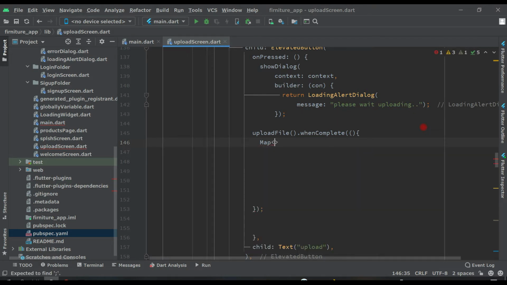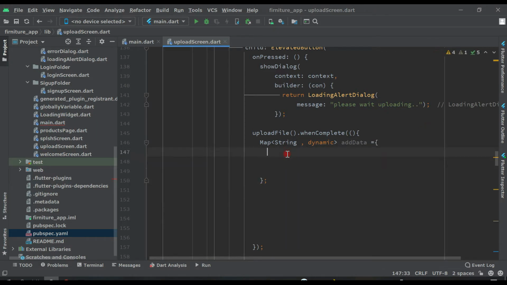It will be of type String and dynamic, and the name of this map will be addData. Now brackets, curly brackets equals, curly brackets like this, put a semicolon here.